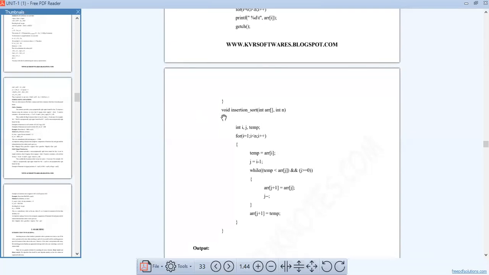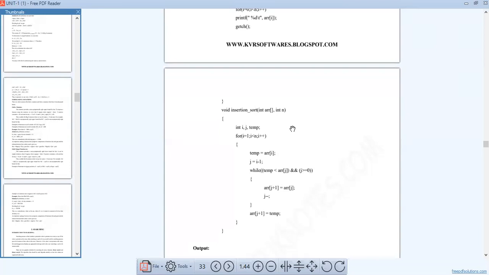This is the definition. The definition does not have any semicolon, and it consists of the body of the function. So everything here is the body of the function. Now I am declaring some variables: int i, int j, int temp. In the previous example, I already told you what temp is. Temp means if the real value is not there, until the real value comes, we place some temporary value. You can call it by any name, that is temp, that is key, or any other name you can give.